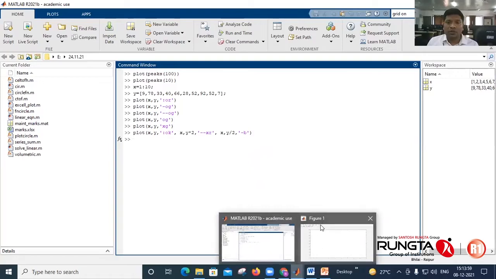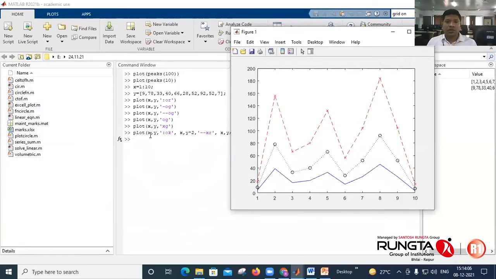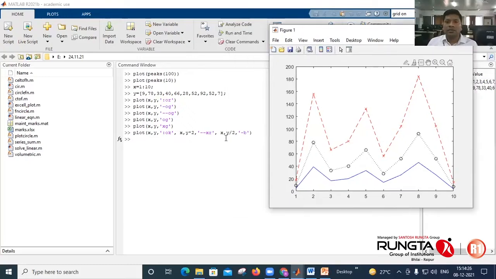So accordingly, it will plot the graph. Okay, so first X and Y dash dash with circle marks. Then second X versus twice Y dash dash with mark style as cross. So mark style as cross is there. And third, plotting X against Y by 2 with solid line.